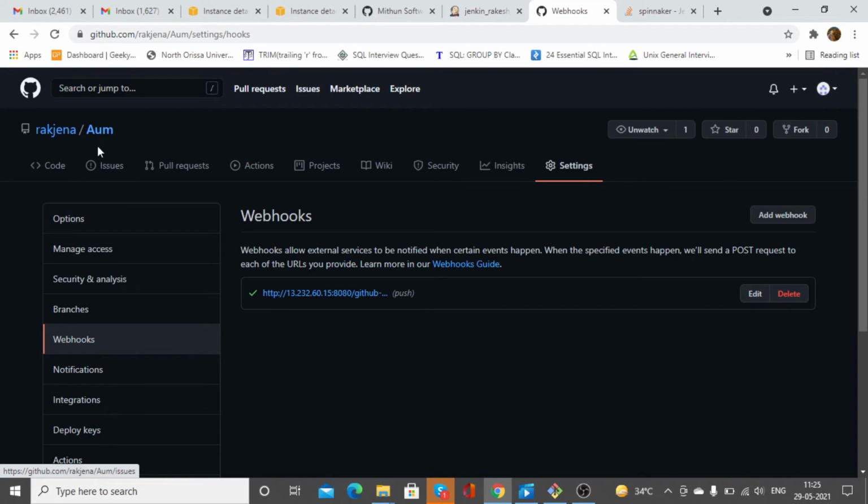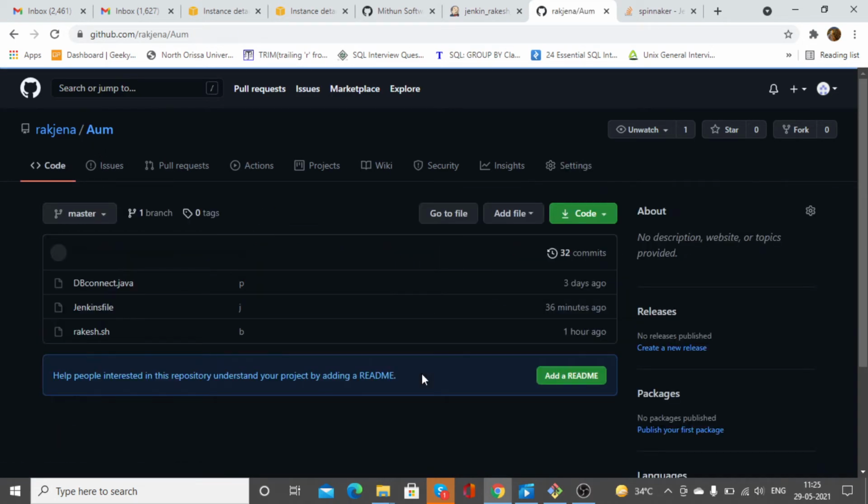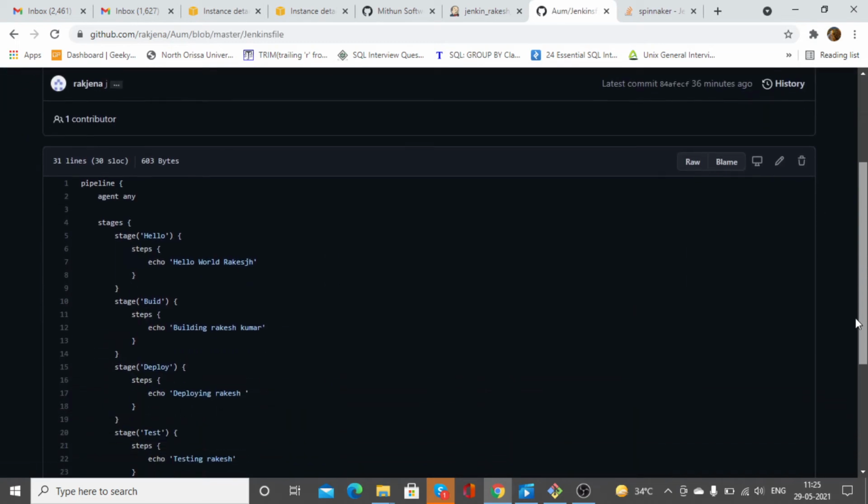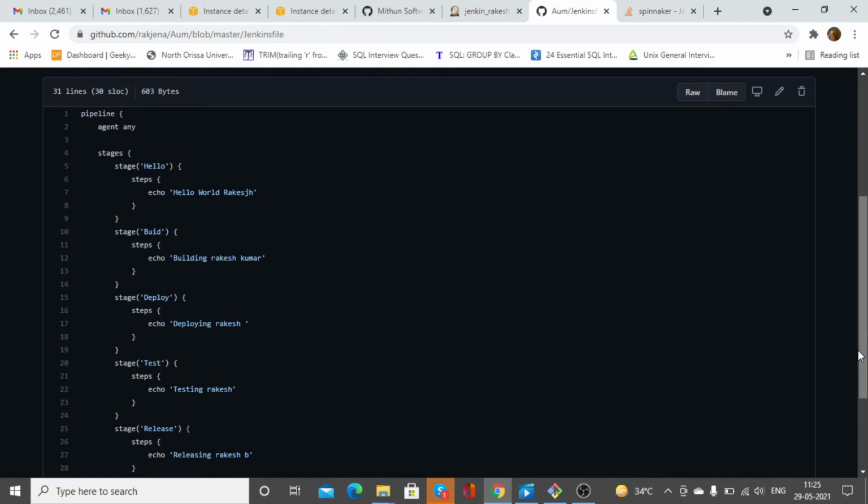Let's go to our repository. In this repository, see here, this is the Jenkinsfile, okay. Inside the Jenkinsfile we can put our pipeline script. So right now I have just mentioned some echo commands. With the echo command I am trying to print some values like hello world, then build, deploy, testing, releasing.